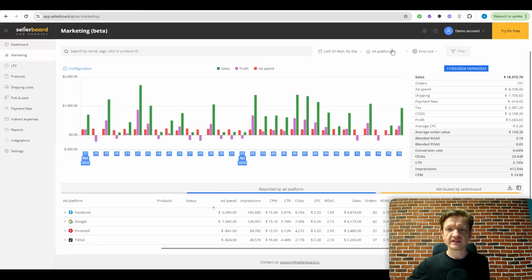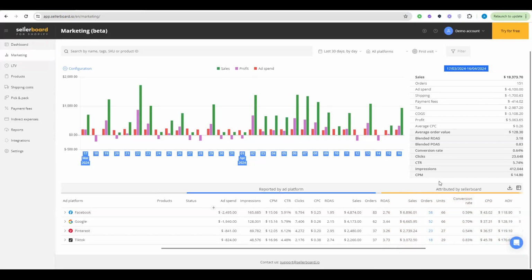You can also analyze separately, not your overall numbers, but your performance per advertising channel. Besides that, you will also have information on sales and other profitability metrics specifically for your advertising sales, meaning the sales you made as a result of your advertising efforts.